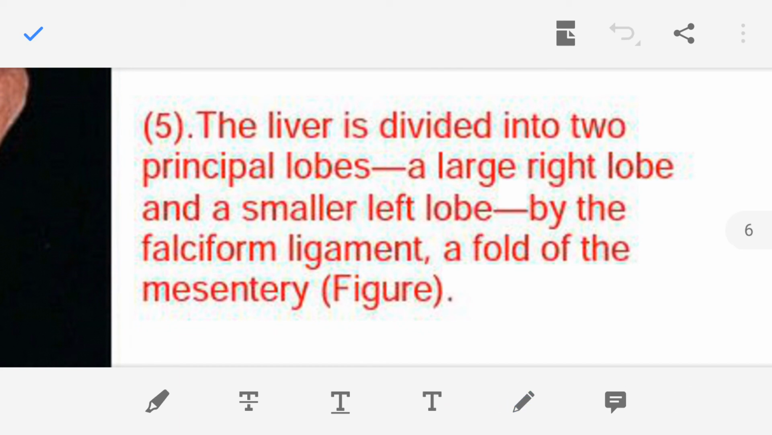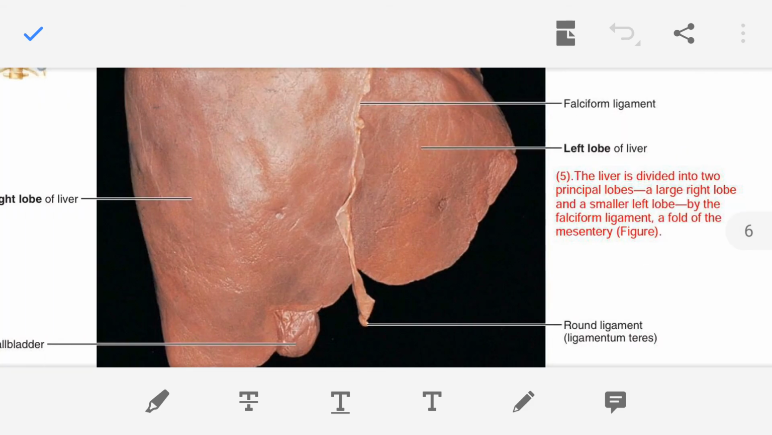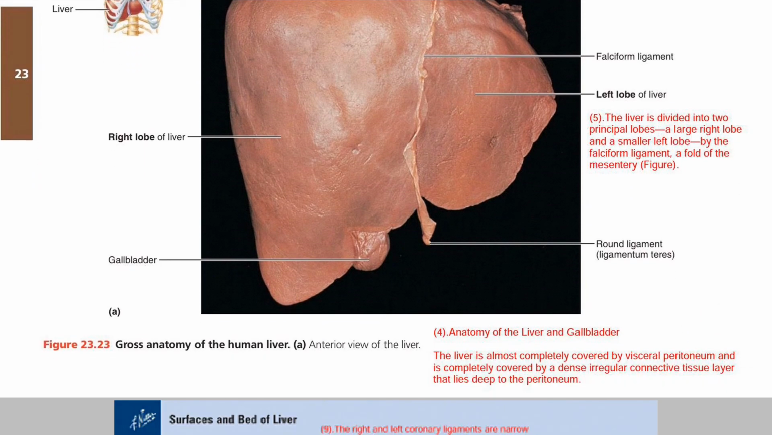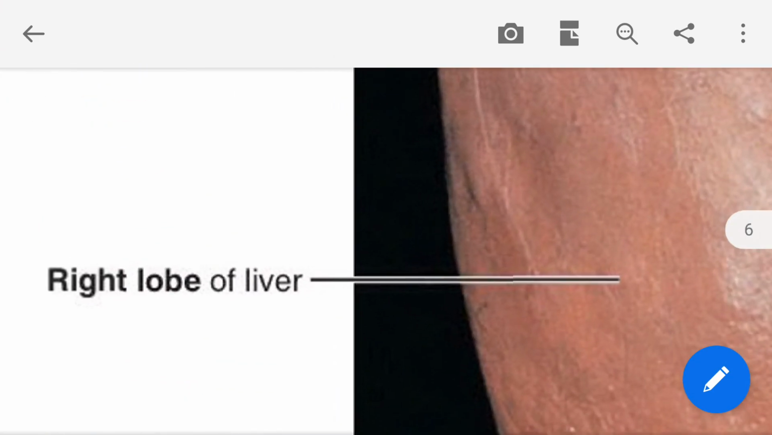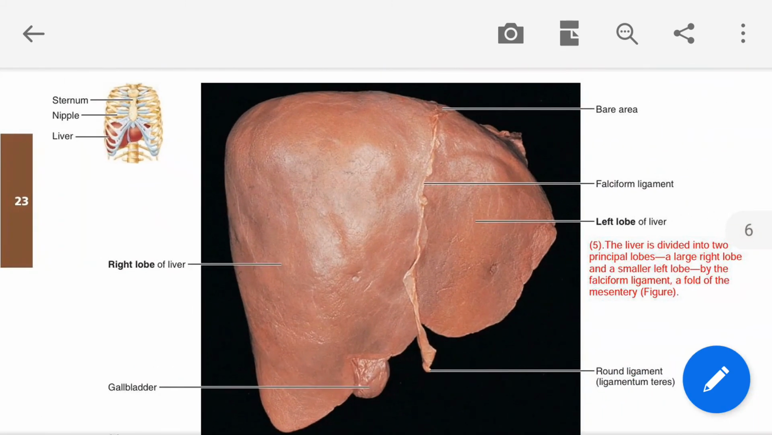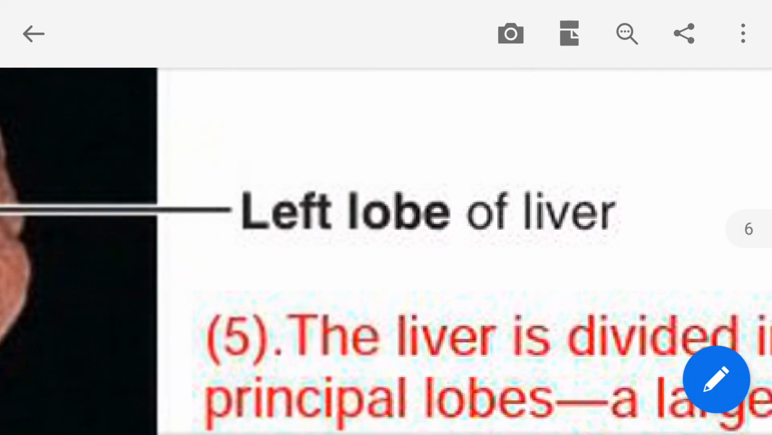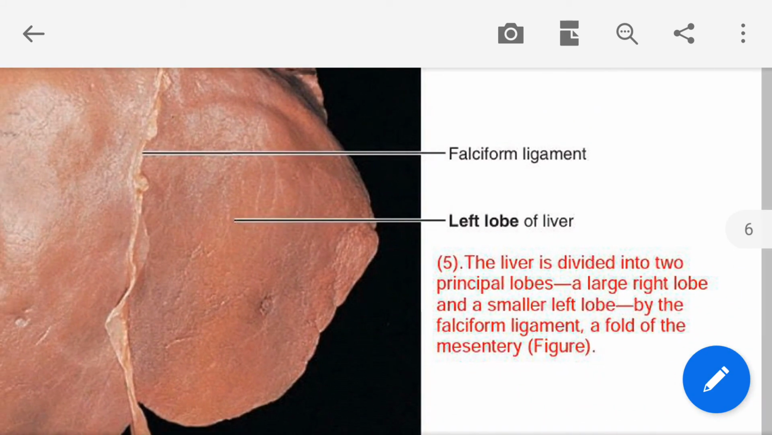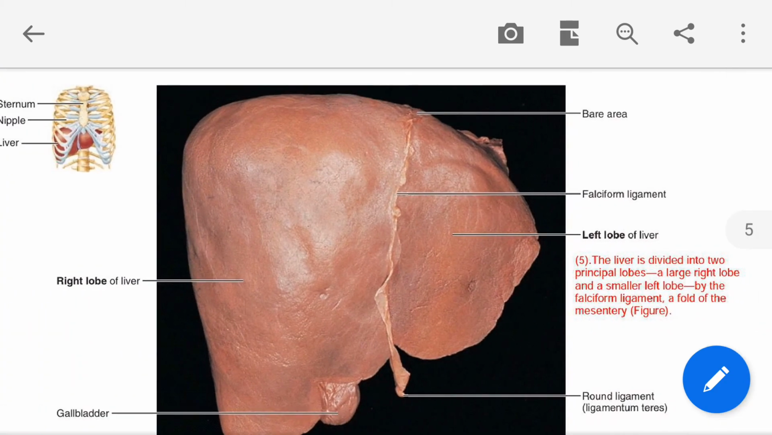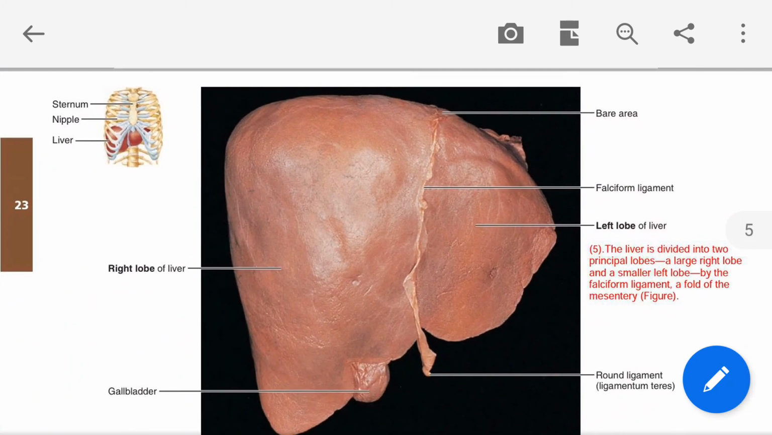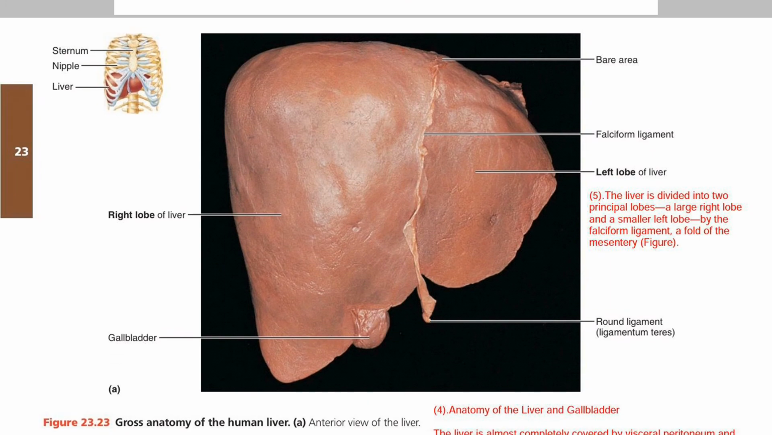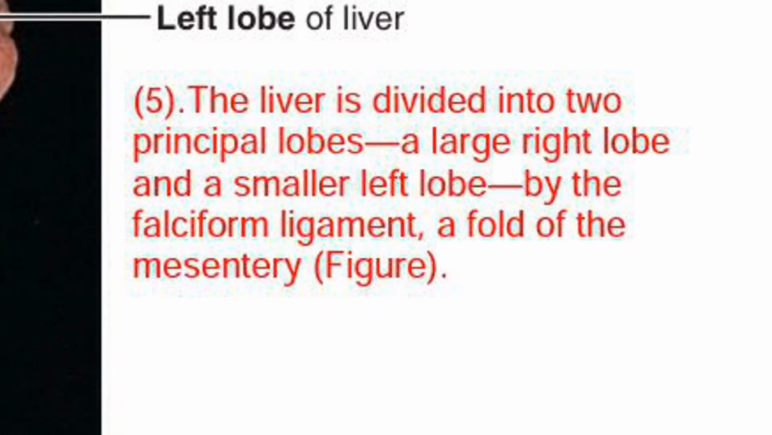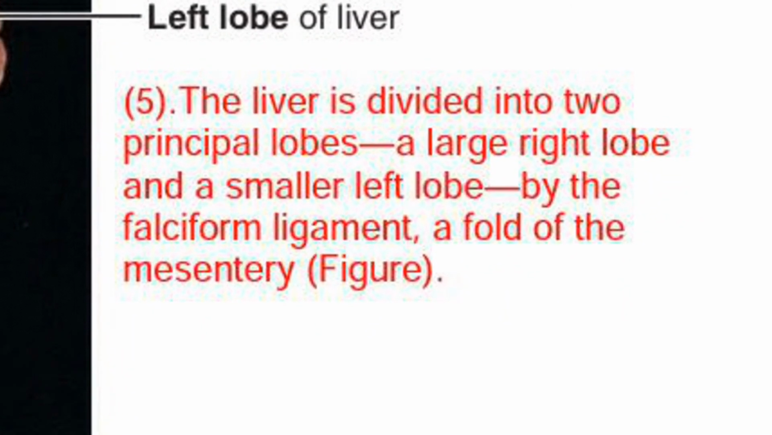So first of all, I am showing you, for example here, the right lobe of liver, and here, this one is the left lobe of liver. So there are two lobes, right and left lobe of the liver, and between these two lobes